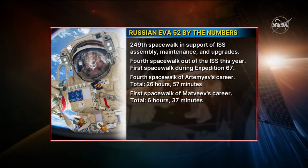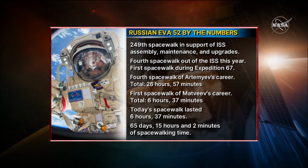And, of course, Denis Matveyev, a first-time flyer. This was the first spacewalk of his career, 6 hours and 37 minutes. The spacewalk, by the way, began at 10 a.m. Central Time and ended with hatch closure at 4:37 p.m. Central Time. Of the 249 spacewalks conducted in support of the space station, that has now accrued a total of